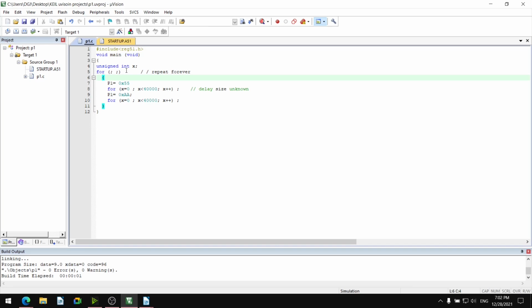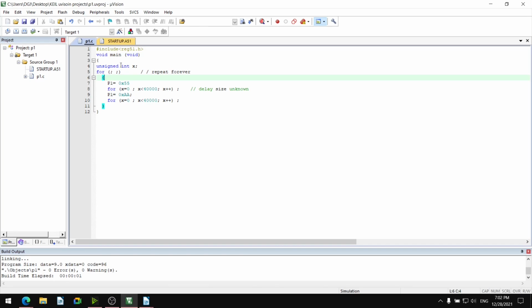So next instruction or next group of instructions, okay, block of instructions is associated with for semicolon semicolon. So the next block of 4 instructions are executed infinite times, forever, with the for semicolon semicolon.